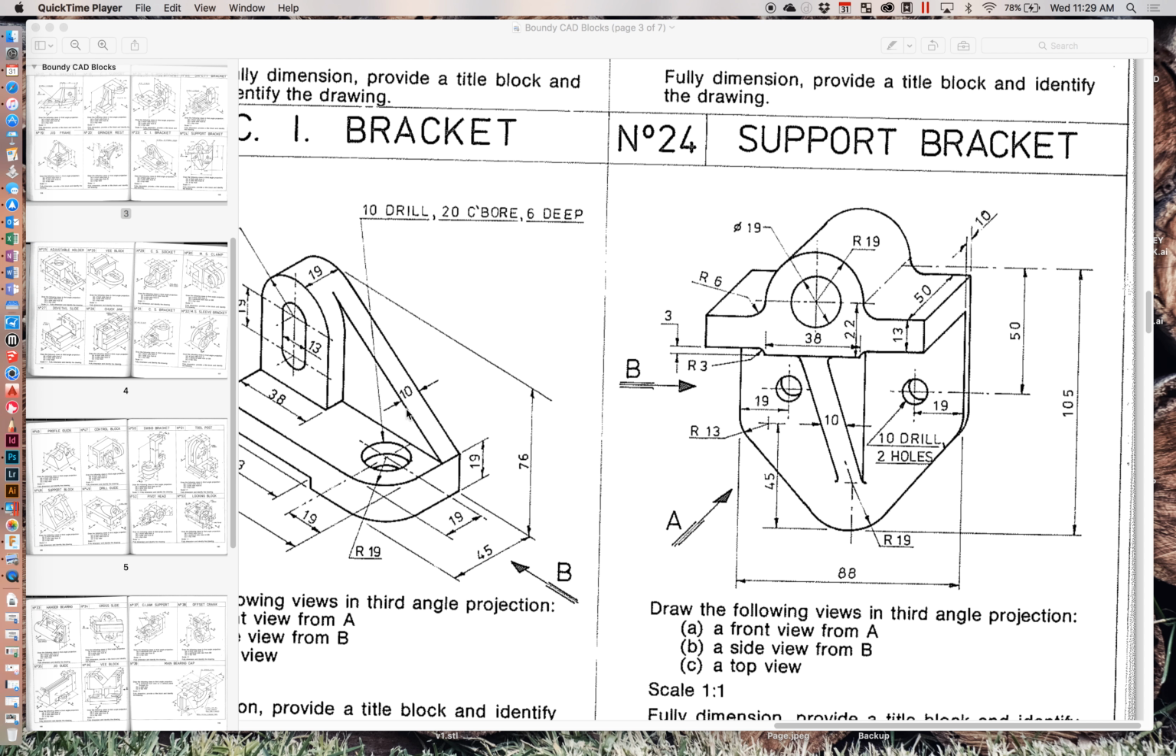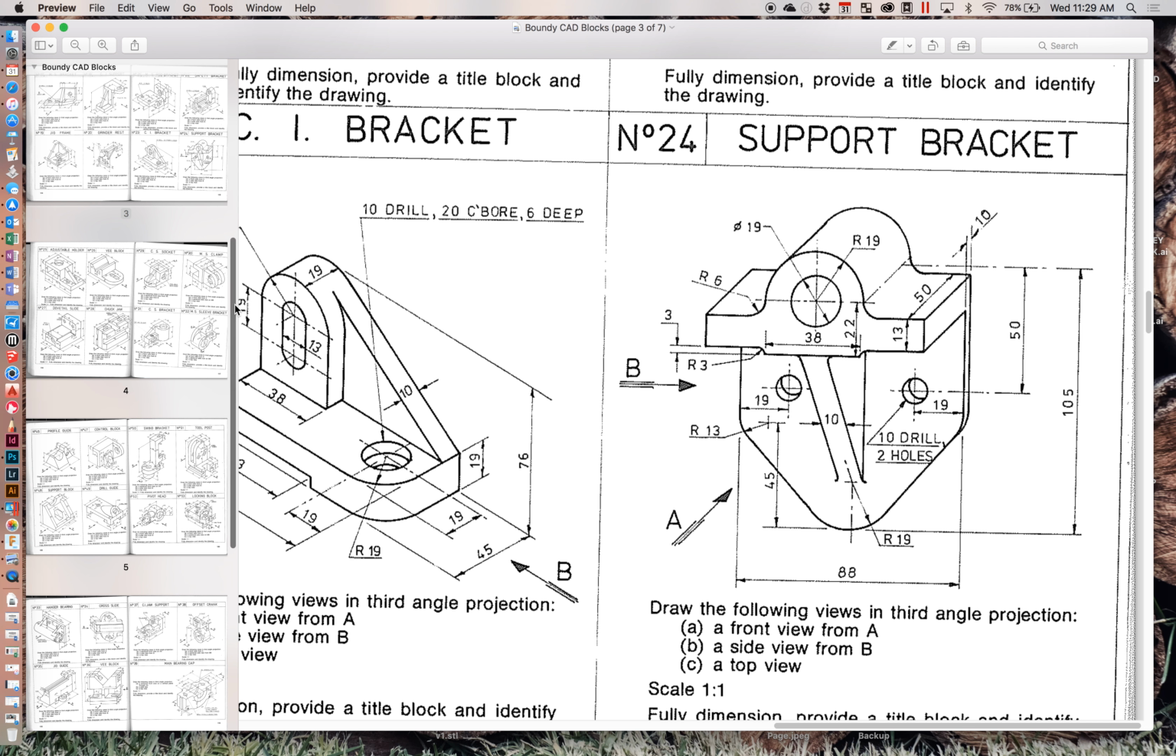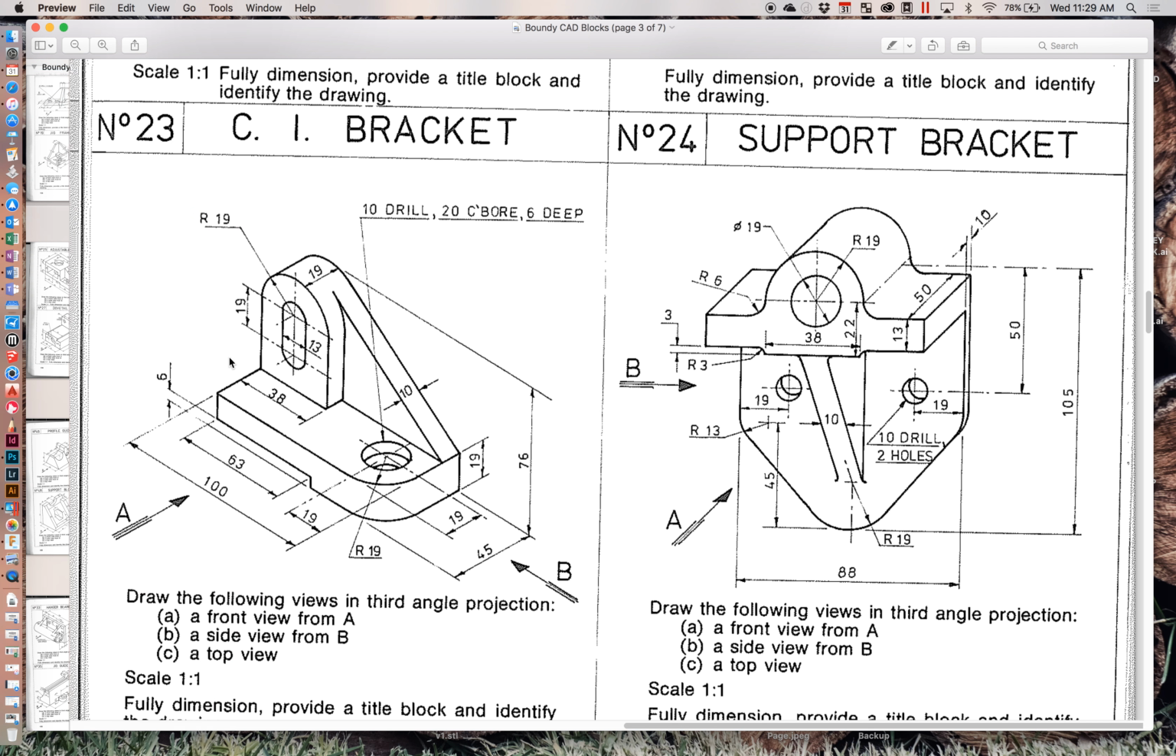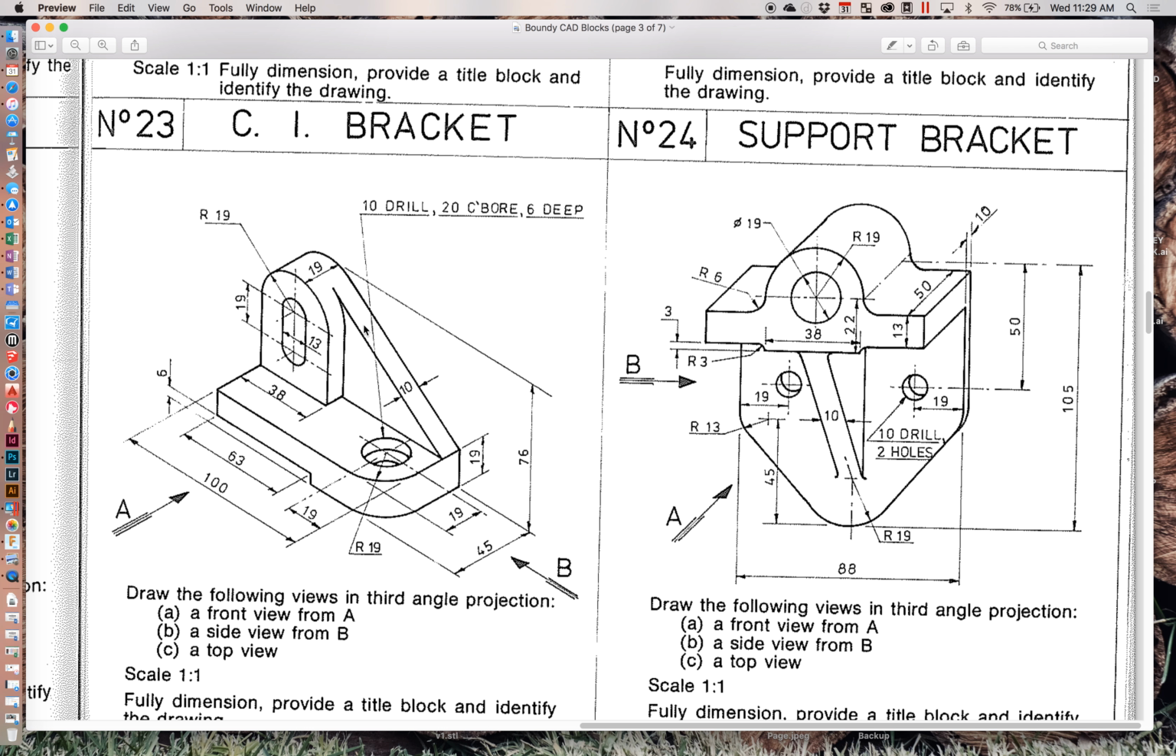Okay, we're going to look at this CI bracket. Having a go at doing this one. So, let's just hide the sidebar. That's CI bracket, this one here. Bit of an interesting one. I'm probably going to just start by